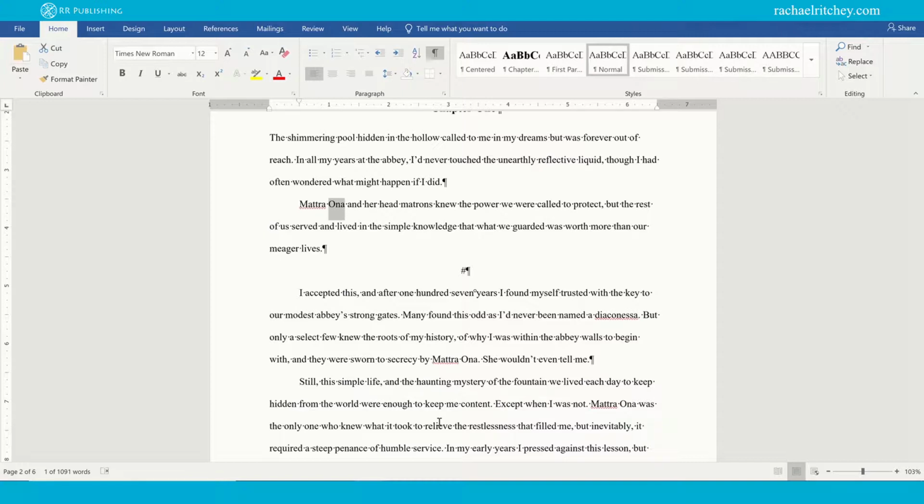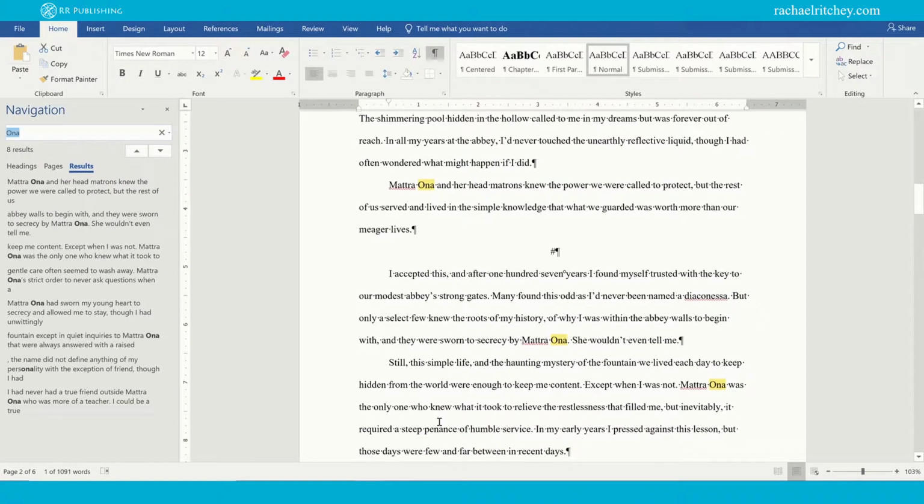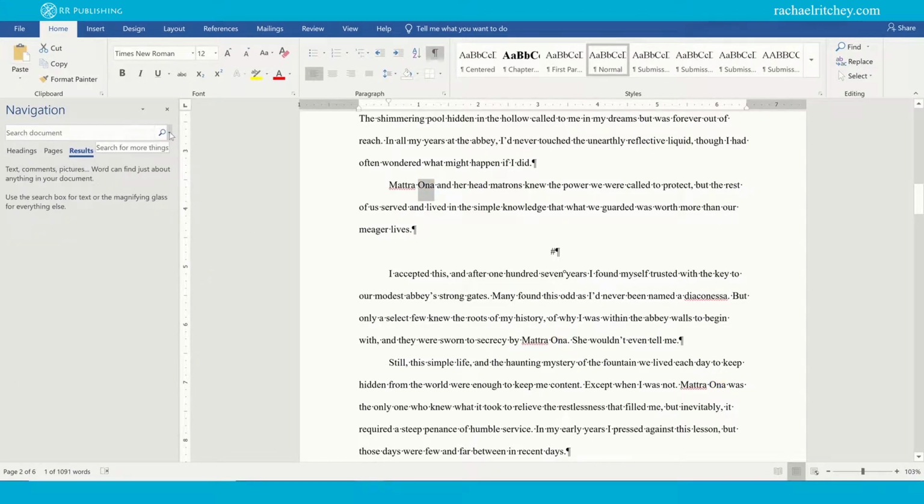You are going to use your find and replace tool, which is Control F. You can see in this manuscript, it only comes up 8 times, but this is only 1,000 words. So imagine that being in there 800 times, right? It could totally happen. We go over here, so we've done Control F, navigation came out. We're going to come to this little arrow and X that out. The little arrow next to the